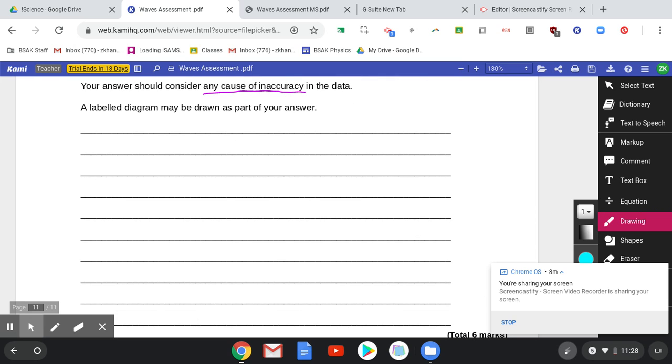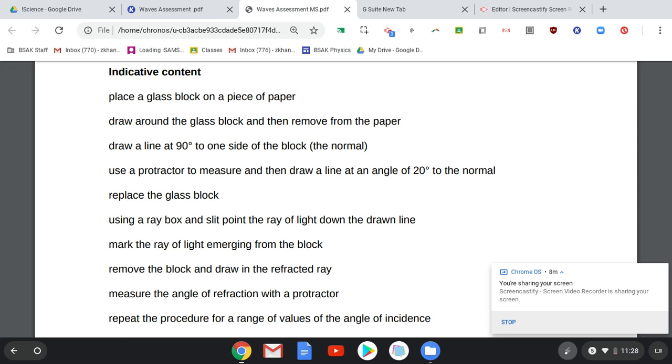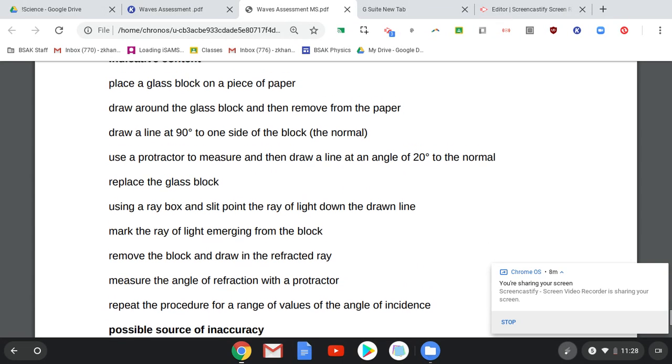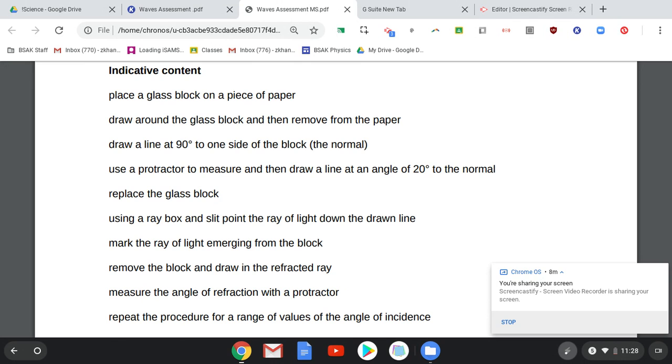I've not written anything here, but here is the mark scheme, and you can see the reason why I haven't written anything here. There are so many different possible marking points that I'll go through each one. So tracing the glass block on a piece of paper, then removing the glass block, drawing the normal, drawing the incident ray, measuring the angle of the incident ray,